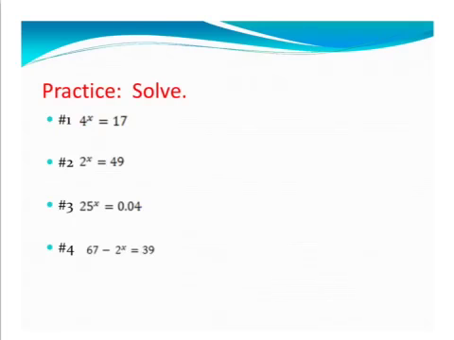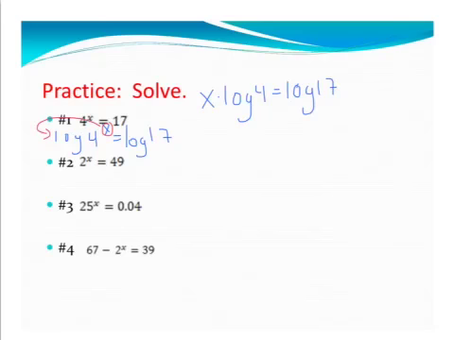If you feel comfortable trying these 4 problems, why don't you try them right now? I'm just going to go through them right after I finish talking about how you should try them on your own first. So number 1, I'm going to take the log of both sides, and I'm left with log of 4 to the x equals log of 17. So I put that x in front, and now I have x times the log of 4 equals the log of 17. I'm going to divide by log of 4 on both sides, and I'm left with x equals